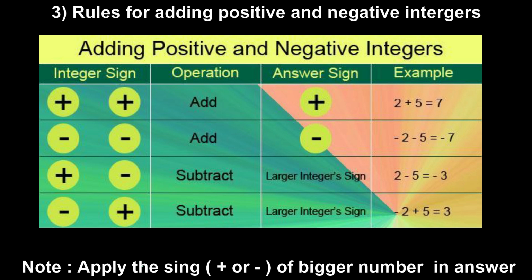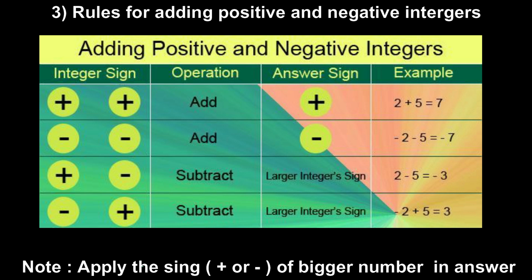Third, it is showing that plus minus, when there are 2 different signs, that is, the first one is positive and the second one is negative, then obviously you have to do subtraction between those 2 integers. But after doing the subtraction, when you get the answer, you have to keep the sign of the bigger number in the answer, as there is an example given over here that 2 minus 5 equals minus 3.